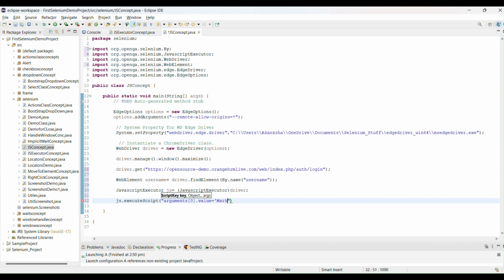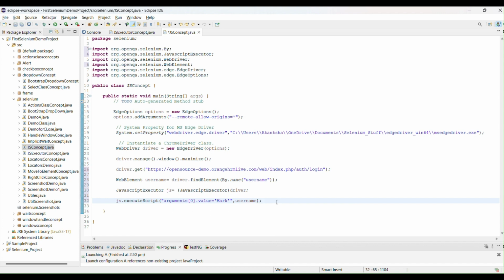Like this I will provide the Mark value, then a comma, and I need to provide the element where you want to enter the value, right?